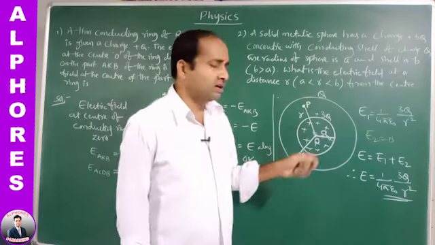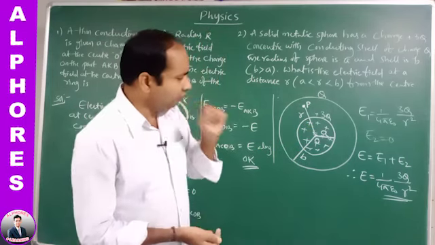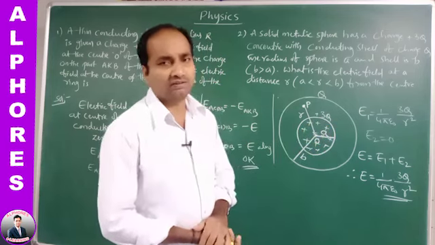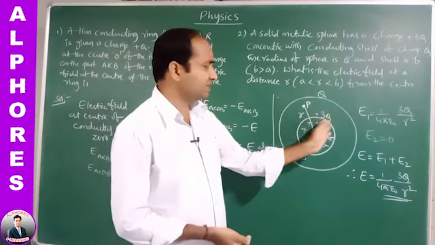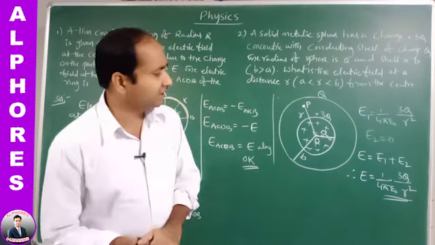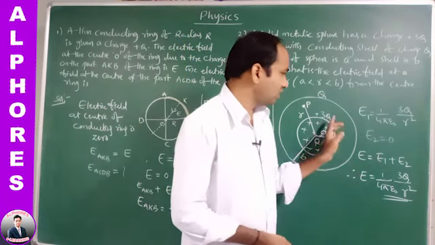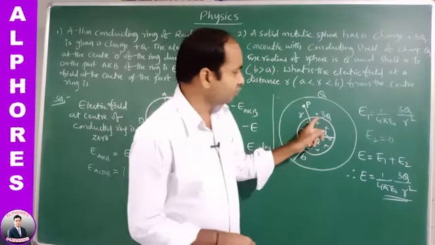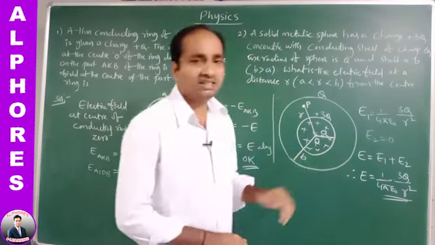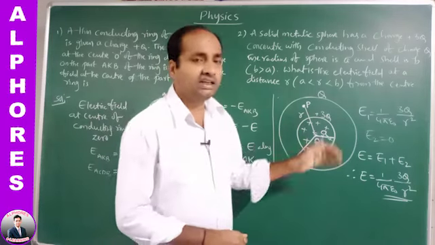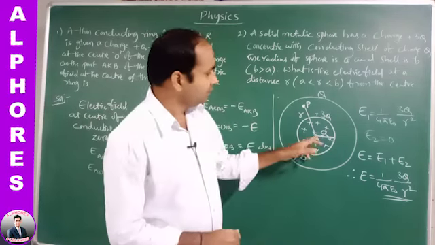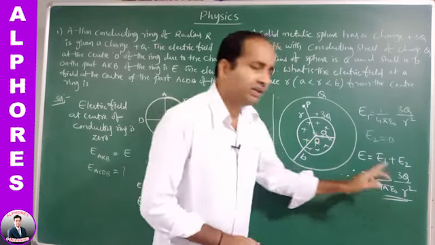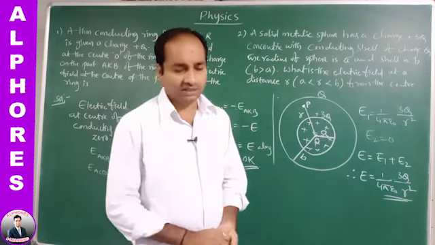For suppose they ask the question maybe like this: what is the electric field intensity at any point on the surface of the sphere? Then what you will get here is 1 by 4 pi epsilon naught, 3q be the charge, but instead of r you write small a. So 1 by 4 pi epsilon naught, 3q by a square. This is at any point on the surface, where r is replaced by a. So this is about the second one.